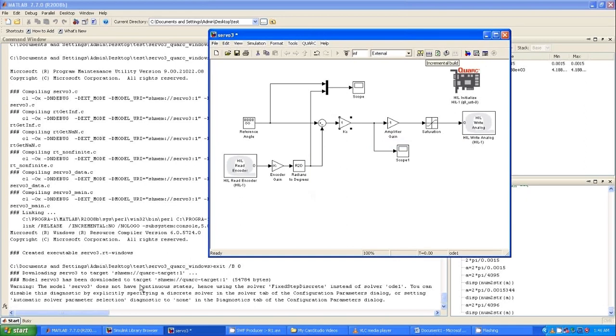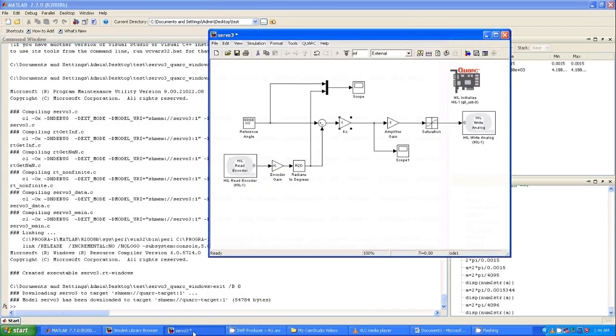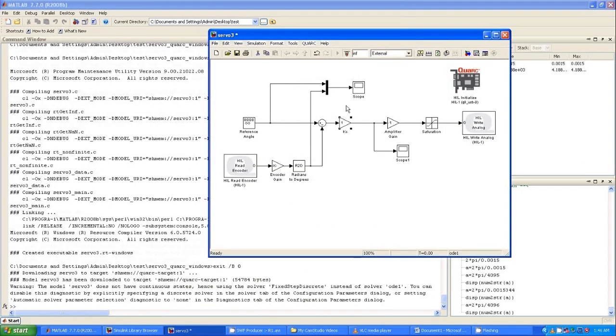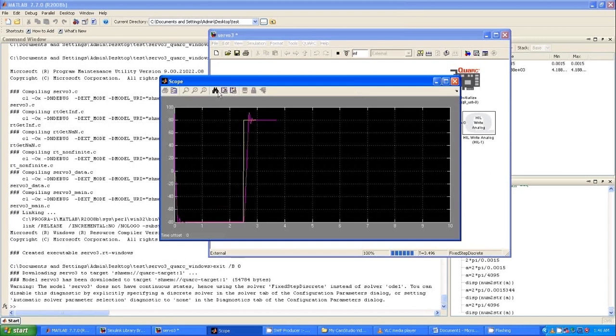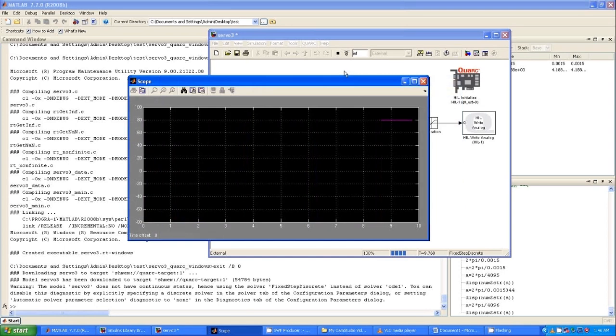I am once again building this block. Okay, once it is built, let us connect to the target and run the simulation. Now if you see this graph, we are getting a kind of underdamped response.